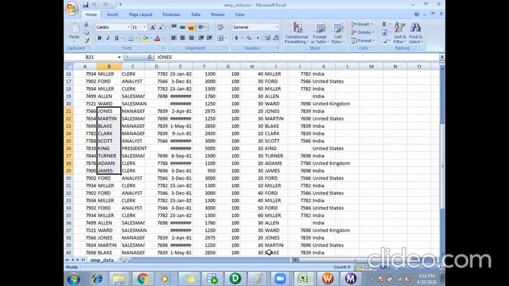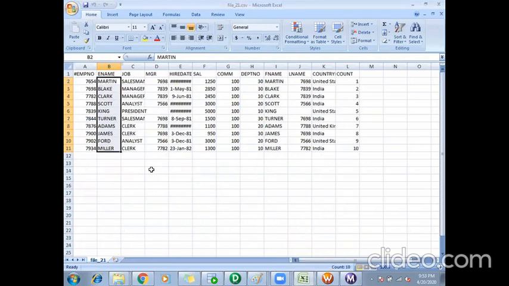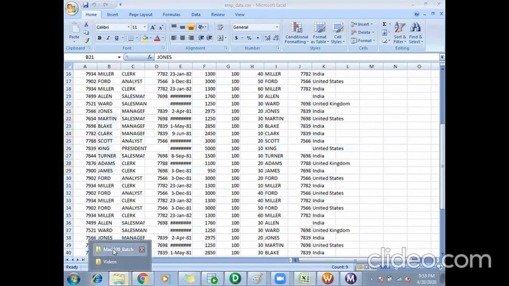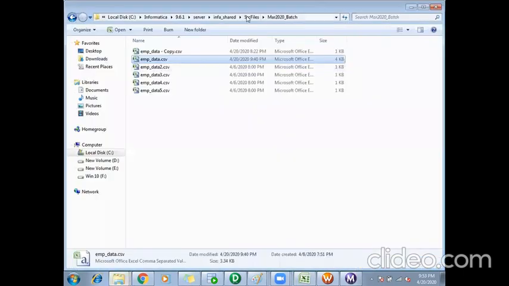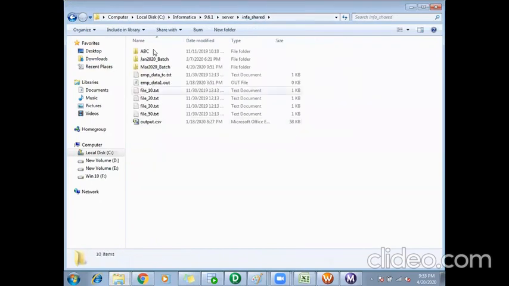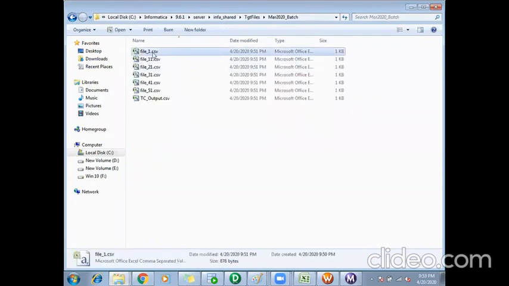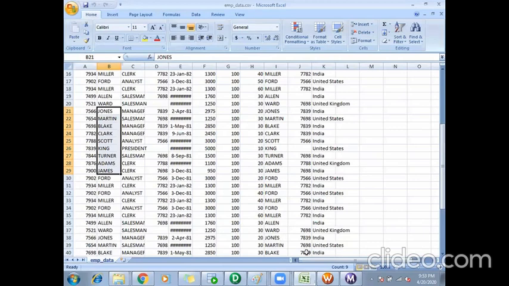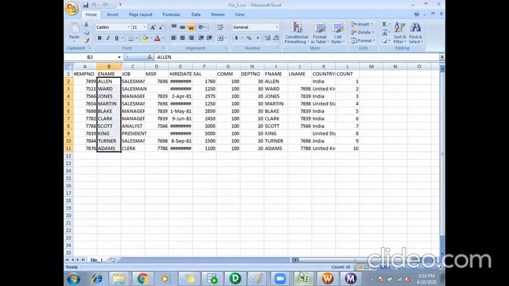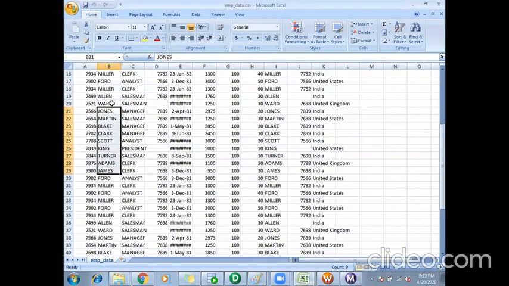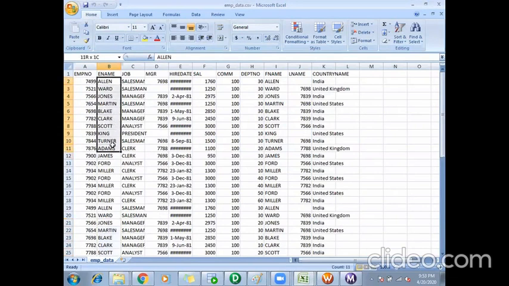Why it got changed here? Martin to Miller. One second, I think there is some mistake here. Target files. Allen to Adams. Yeah, this is correct. First 10 records.